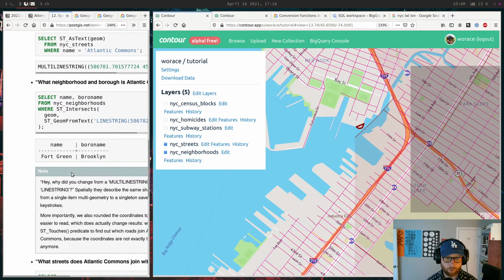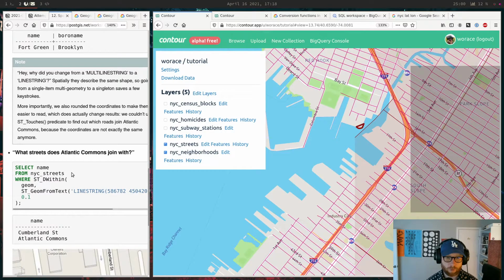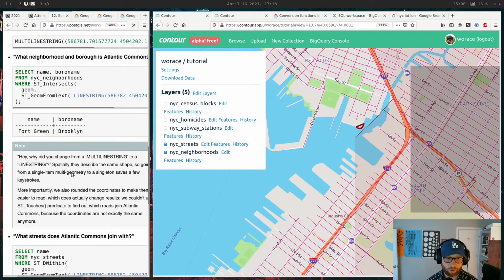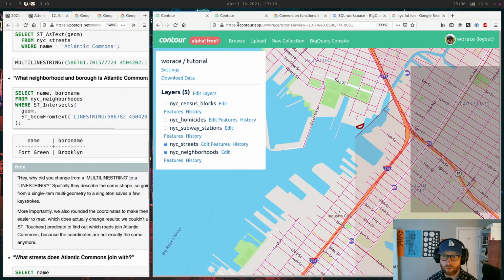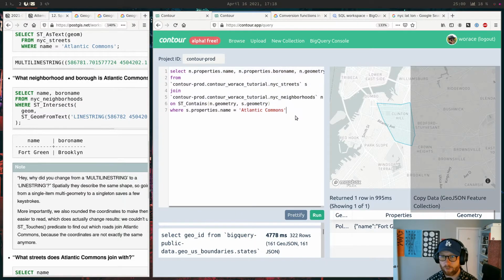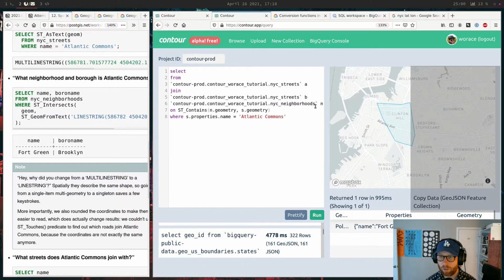Atlantic Commons, what streets does Atlantic Commons join with? Oh, like which ones does it touch? So you could join that to itself. Select. I would do this. I would do A, B on ST_DWithin A geometry, B geometry.